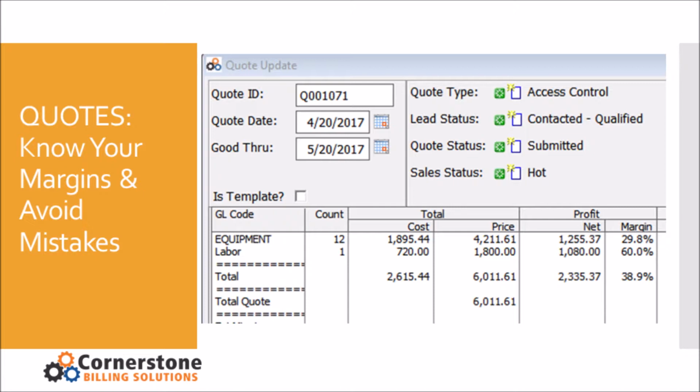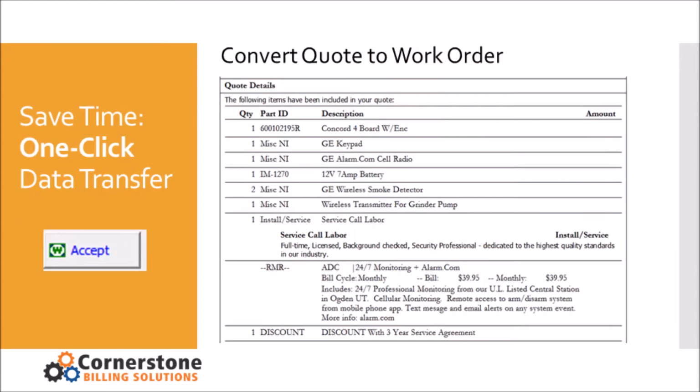So we think that's important because you need to know what your margins are. If you have a minimum target margin of 40%, let's say, you can see the overall margin on this job is a little bit below that. So you might need to adjust the pricing to make your target margin. So being able to quickly view the results of a quote before you make a quote mistake.